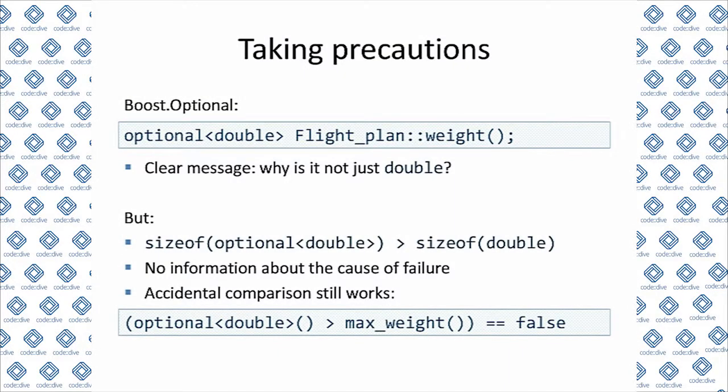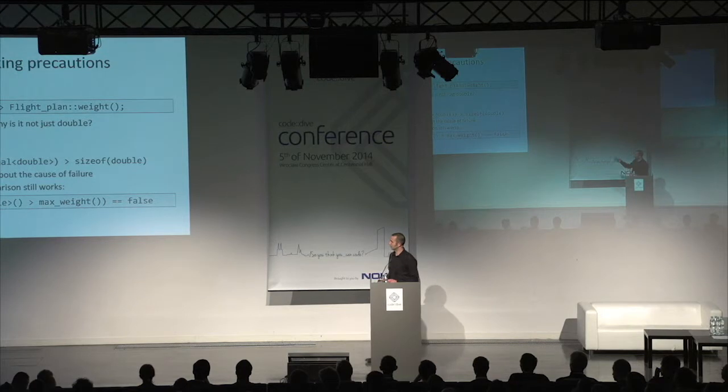Could he have done better? If for some reason the guy doesn't want to use exceptions, and sometimes there are reasons to do that, he could use this boost optional. You probably know Boost, and this is the wrapper that says it's either a double or nothing. It's almost like returning not a number, except now it's a distinct type, and you can see even from the type that something is going on. The interface itself is sending a clear message that you have to check for something.